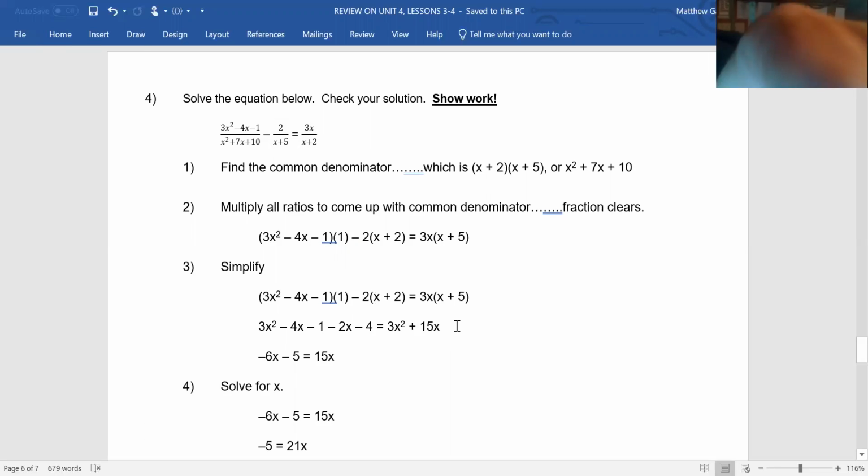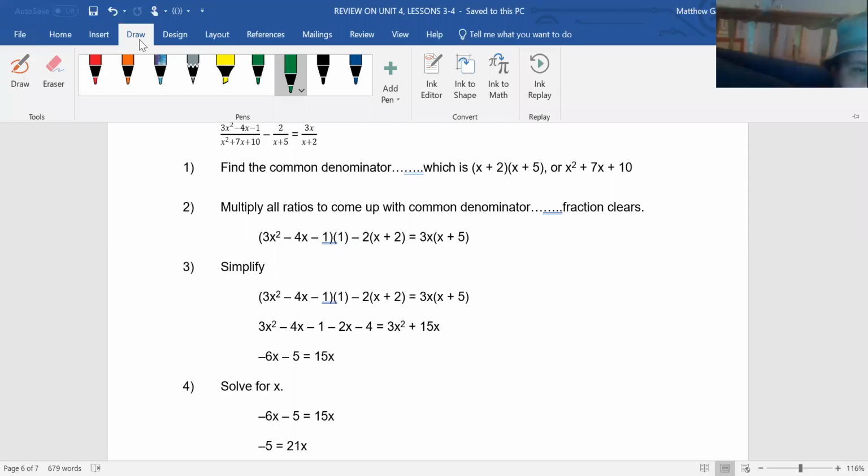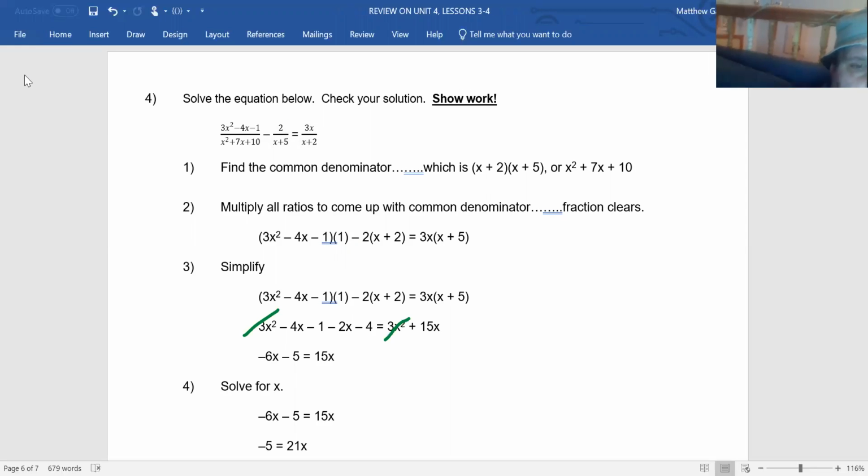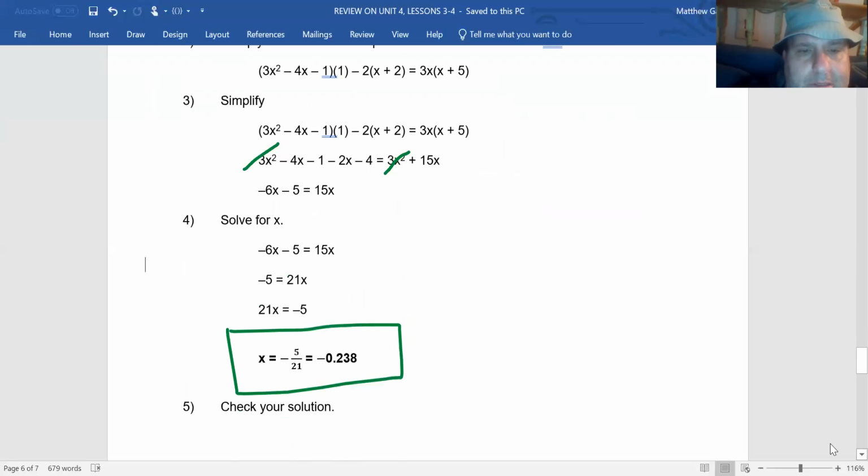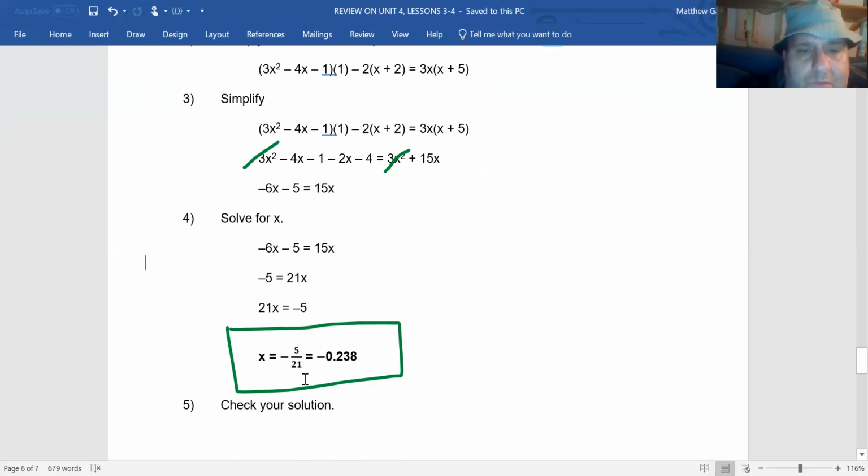So the 3x squareds do cancel. And as you can see, negative 4x minus 2x simplifies to negative 6x. Negative 1 minus 4 simplifies to negative 5. So what I did is I moved negative 6x over to the right and added it to 15 to get that 21. So x is negative 5 over 21. So if we check the graph,